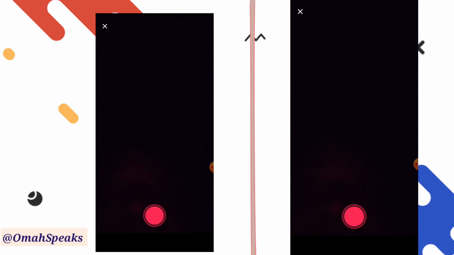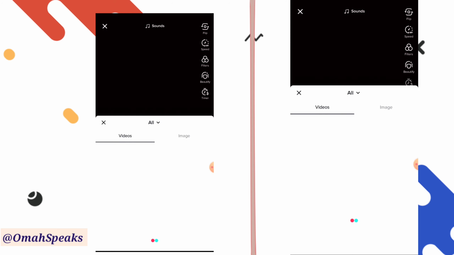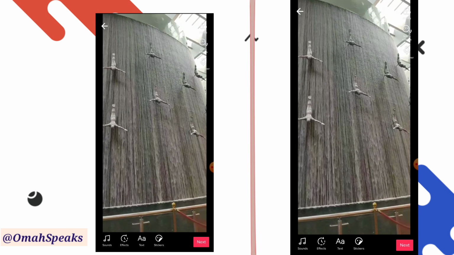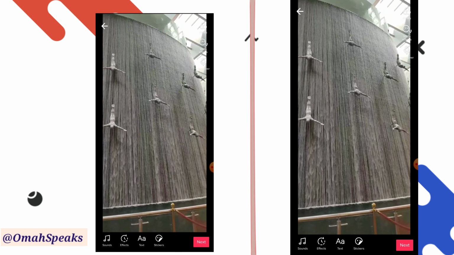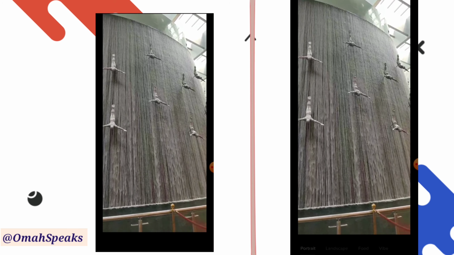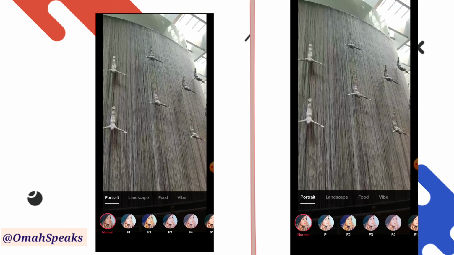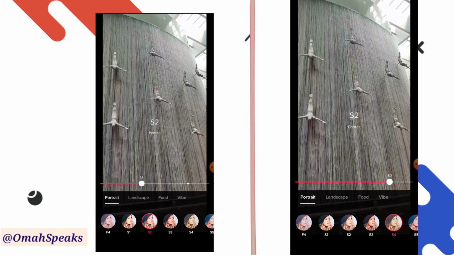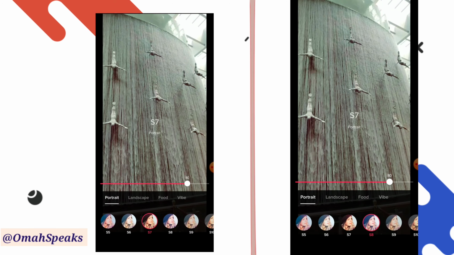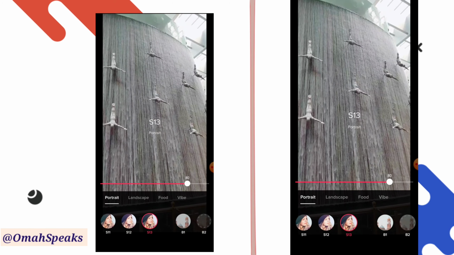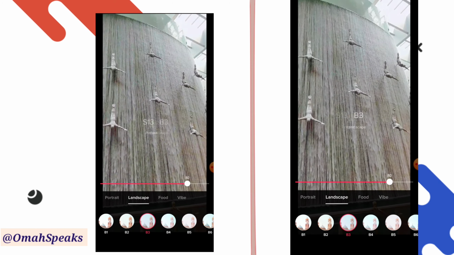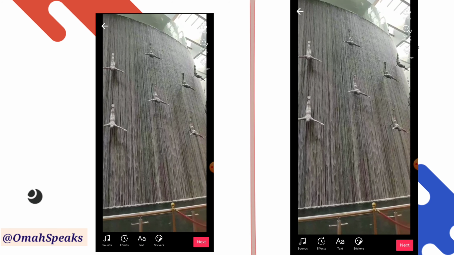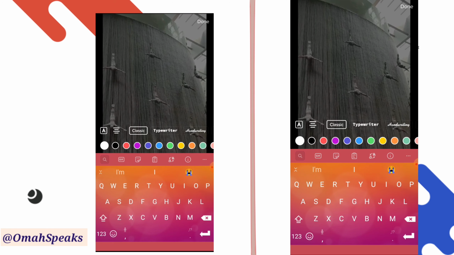Now, how to edit on TikTok? Basically, I'm just going to pull up a video from my album to show you a very brief history of how to do quick, fast edits on your TikTok page. Right here, on portrait, you can use various filters: F9, F4, S1, S2. You have an arsenal of filters to use on your videos, 15 to 60 second videos. You cannot just upload a picture like that. It needs to be